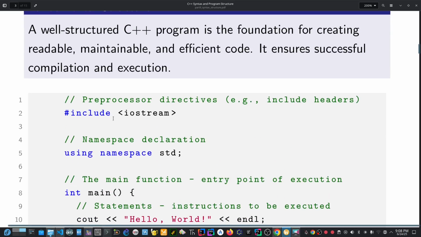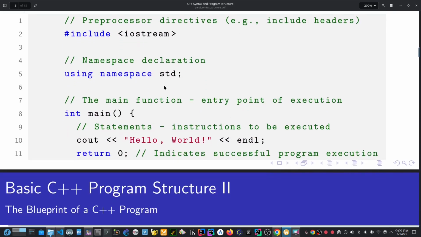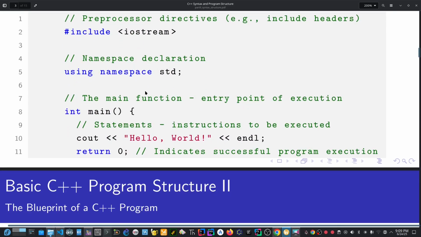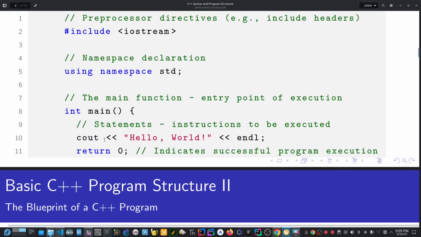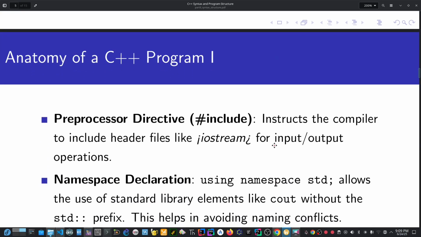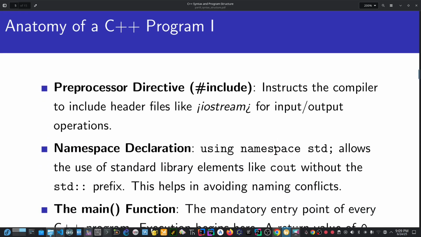We have our header and preprocessor directives. We also have our namespace declaration. Also, we have the main function as well. The main function will always have a return that indicates whether the program was executed successfully. Then let's see the anatomy of the C++ program. The preprocessor directives instruct the compiler to include header files, like iostream,